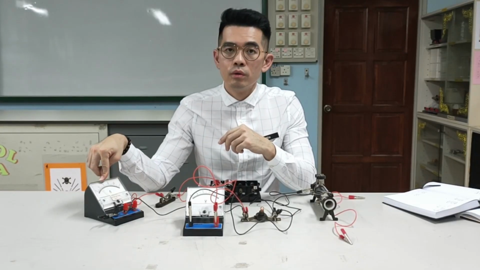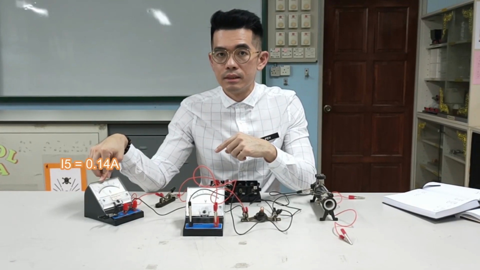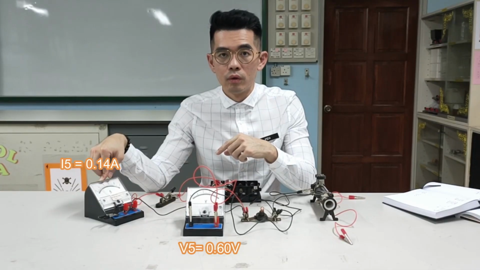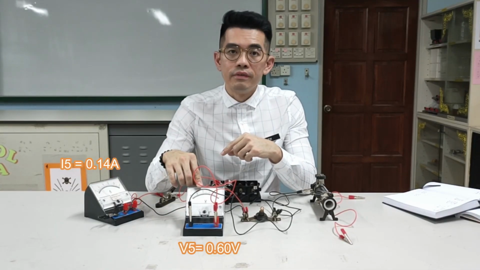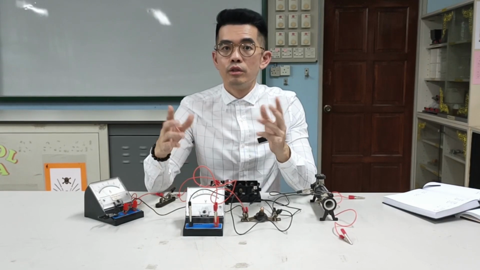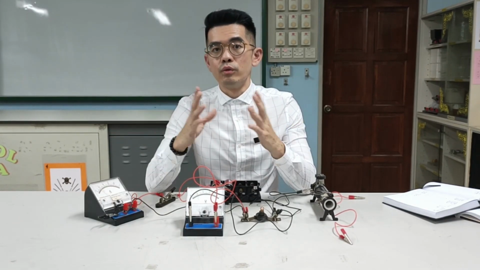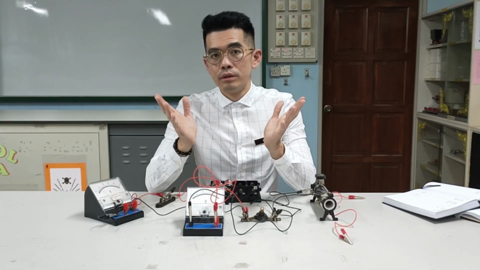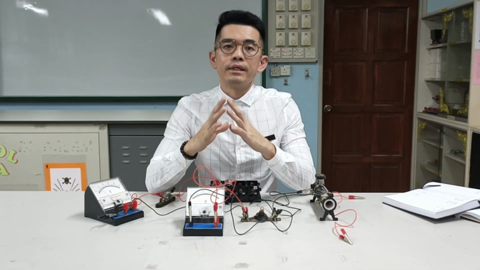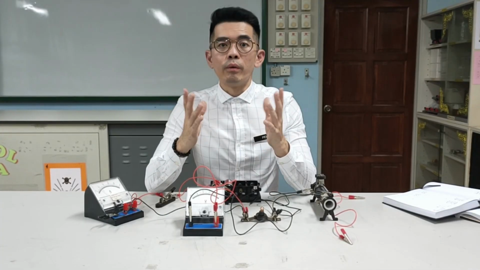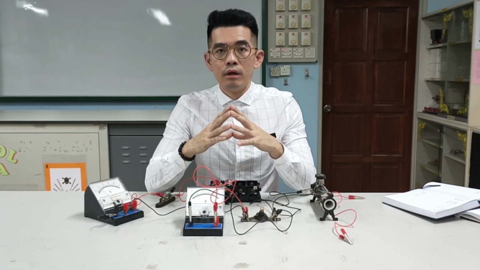So now we are measuring the last MV reading, which is 0.14 ampere, and the voltmeter reading is showing 0.60 volt. So now we have successfully got 5 MV and RV readings, and we need to plot the graph V against I according to the question, and also the end of the experiment, where we want to see the relationship